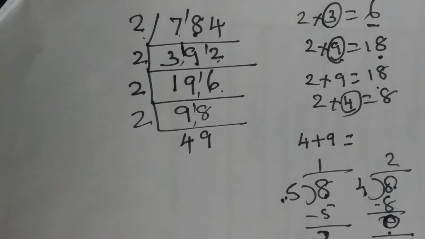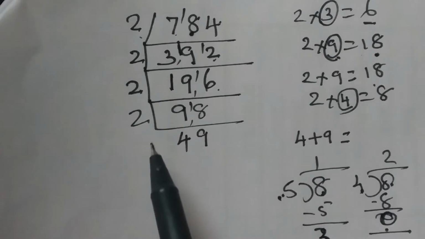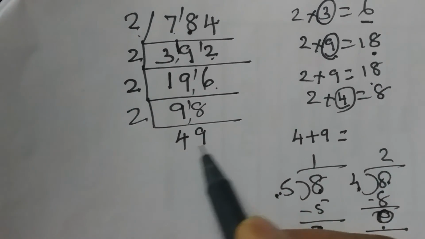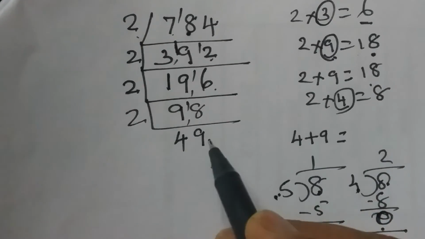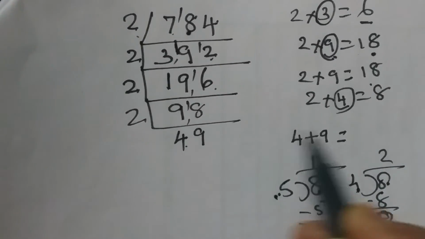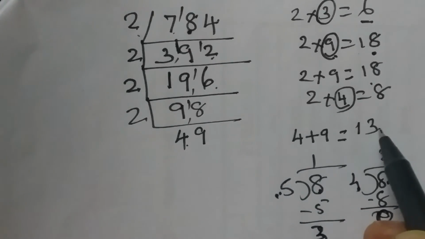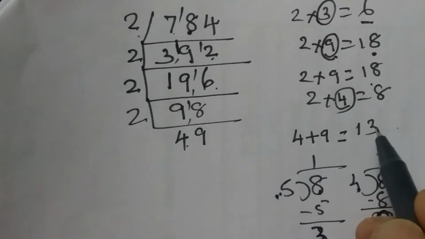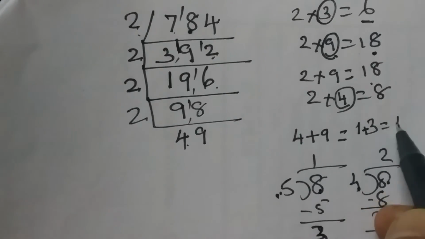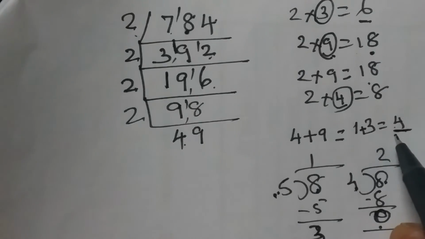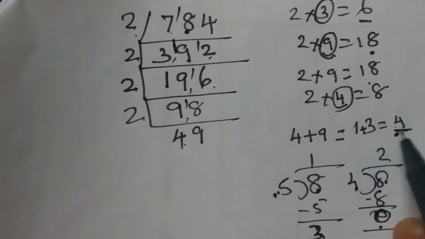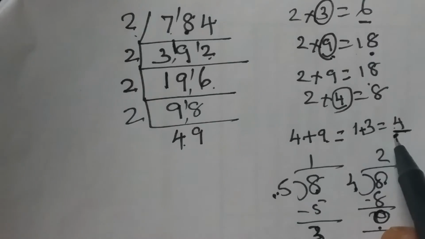So when you're doing this prime factorization, your remainder should be 0. That means only if the number is divisible, we divide. So we have to check whether 49 is divisible by 3. For that, the simple method is add the digits. 49 means add 4 and 9. It is 13. Now, till you get one digit, you go on adding them. Again, 1 plus 3 is 4. Is this 4 divisible by 3? That means, are you getting 4 in 3 tables? No. So 49 is not divisible by 3.